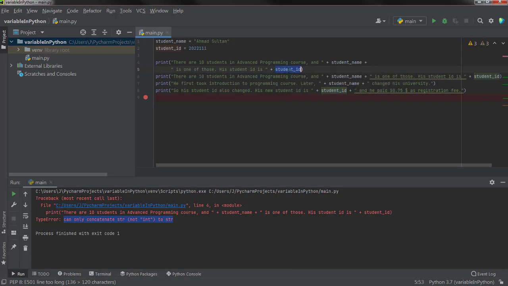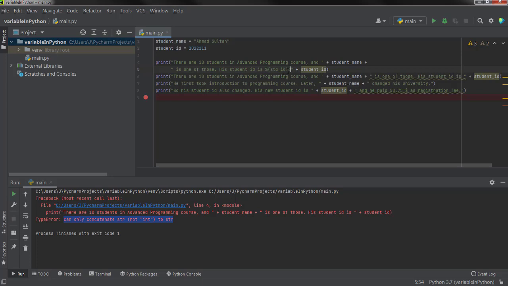So instead of concatenating, what I can do is something like this. I can write std id inside a bracket, and before that bracket I will place an ampersand sign, and then a d.